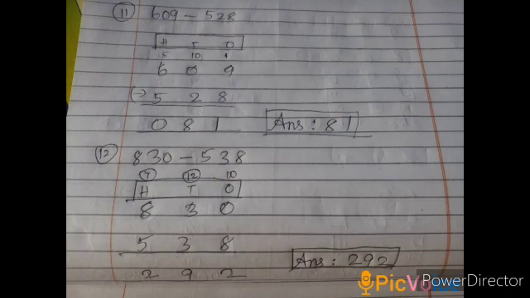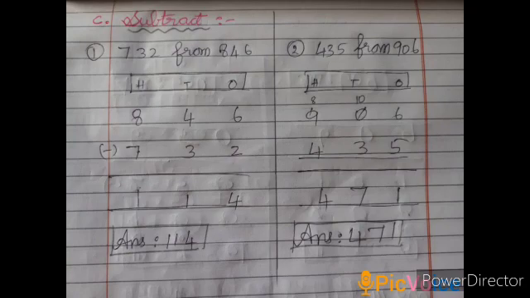2 minus 3 is not possible. Get the borrow from hundreds place. So the tens place number becomes 12. 12 minus 3 it is 9. Next hundreds place number 7 minus 5 it is 2. The answer is 292. C1 is subtract 732 from